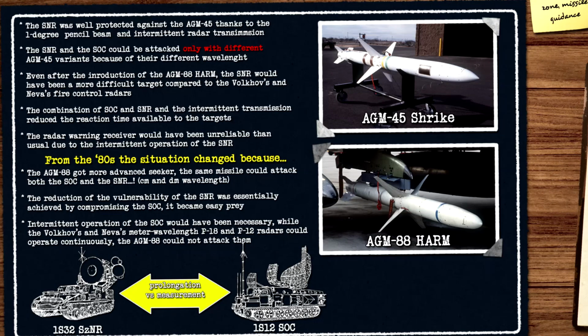In the 80s, the situation changed even more with the appearance of the AGM-88 HARM, which could attack both centimeter and decimeter radars with the same sensor package, utilizing the side lobe signals of the radars. This made the target acquisition radar relatively easy to destroy or disable. The HARM could have easily denied the KRUG units having a 360-degree target acquisition radar, including the intermittent emission